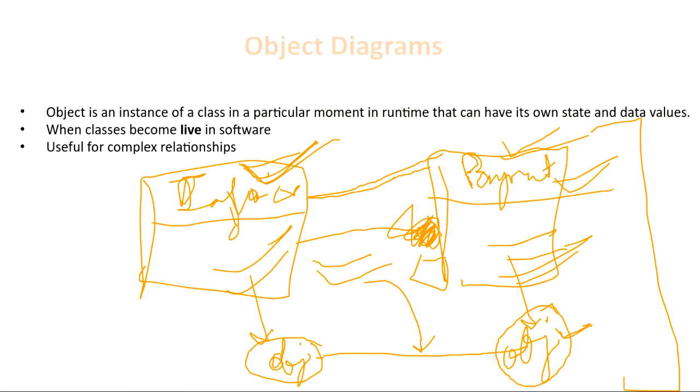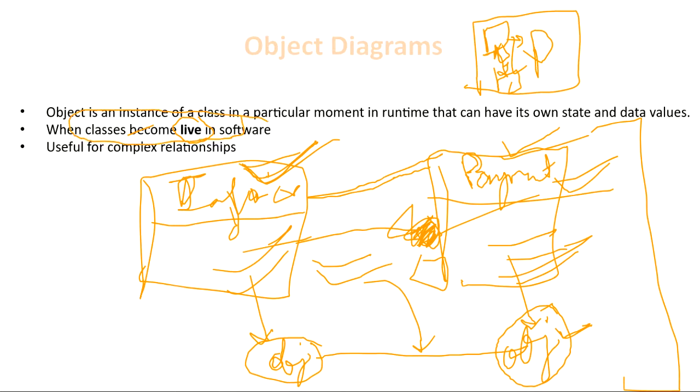Suppose you're creating a software. You will define in the design phase that these are my classes, these are associated and interacting with each other like this. You will show your whole architecture of your software beforehand. But if there are some relationships which you cannot show, those will be shown only when the classes become live in the software. When I say classes become live, what does this mean? That now the classes have started interacting with each other.